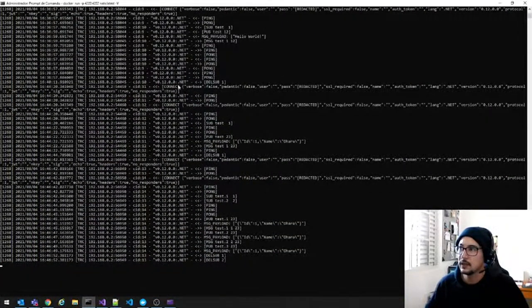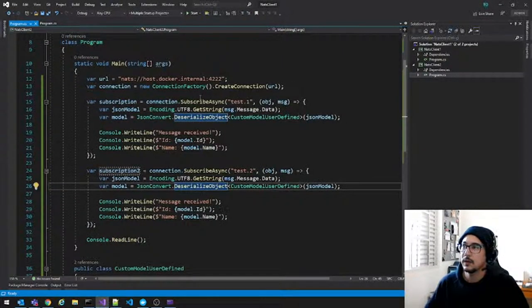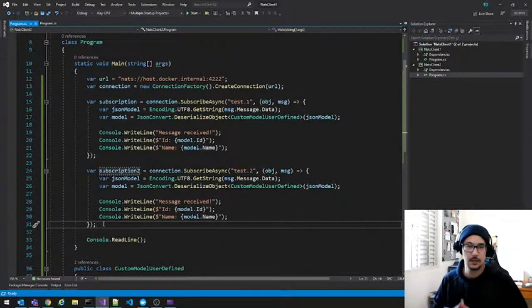If you go to the NATS logs, we can see here pub test.1, pub test.2, pub test.3. But our second client could only receive test.1 and test.2